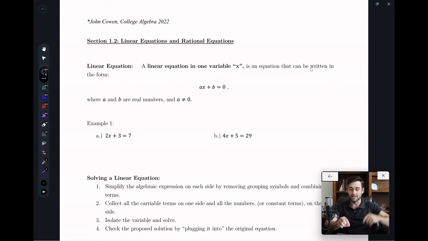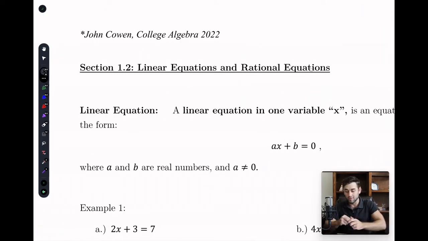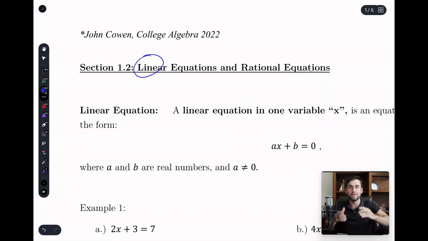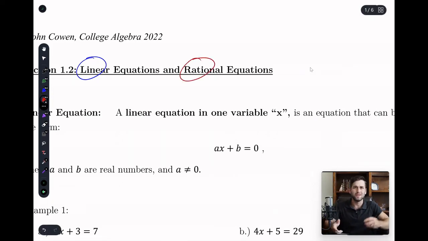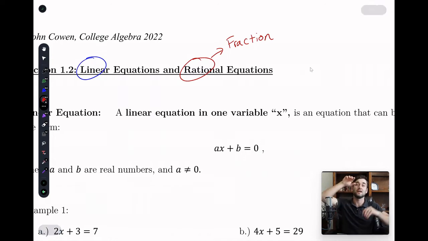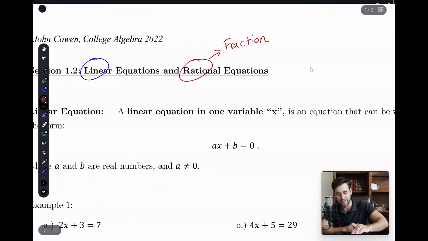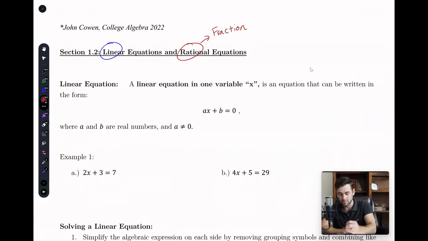Well, obviously, if we're thinking about linear equations, we think about the key word in there, which is line, that huge key word right there. Anytime you see a line, you've got a linear equation. And then what's a rational equation? Well, there's a key word there too, right? Ratio. What's a ratio? That's just another word for fraction, which is what you've seen. I know nobody likes fractions, but you've seen them a bunch of times. So anytime you see a line equation or the equation of a line, y equals mx plus b, think linear. Anytime you see a rational equation, think fractiony, okay? More specifically, it's going to have an x on the bottom, but we'll see that when we get there. So line, fraction. Cool? Cool.